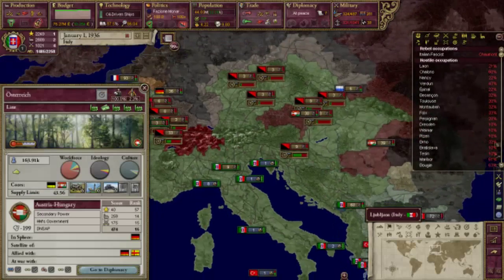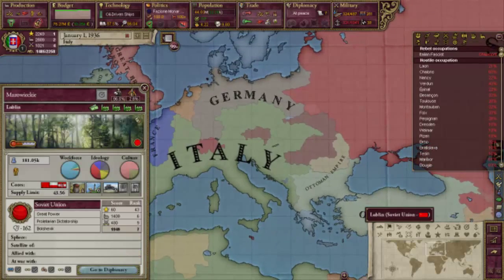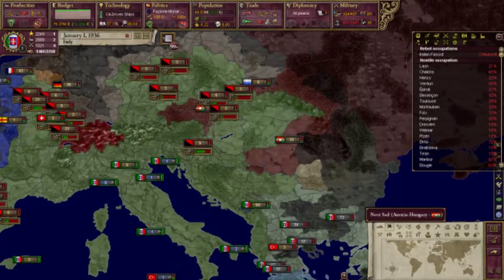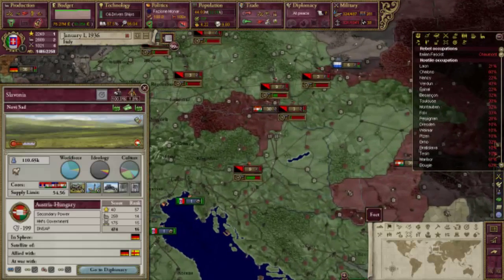And then Austria-Hungary, because I had all my cores already, declared war on me. He was allied with Russia and Germany, but none of them joined because they feared the might of the Italian Empire, and also because it was an attacking war. And so I got, I think it was